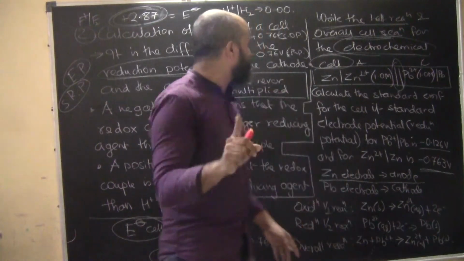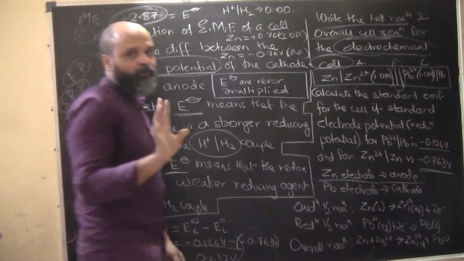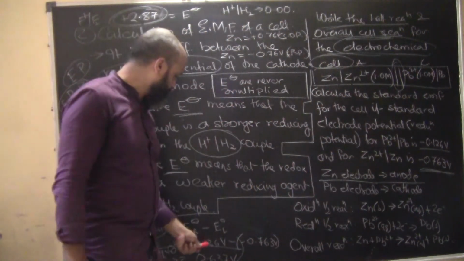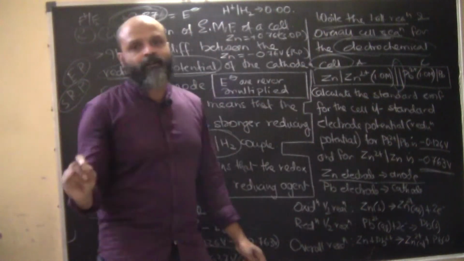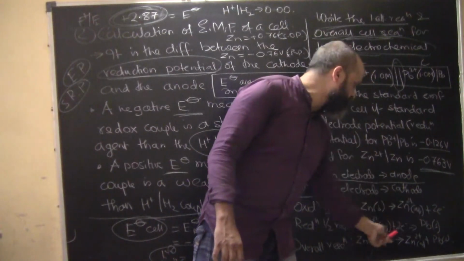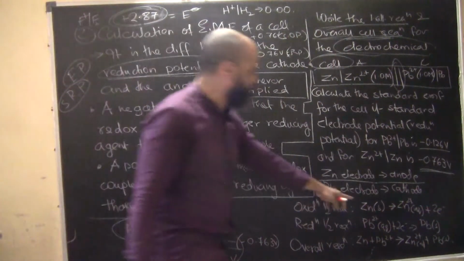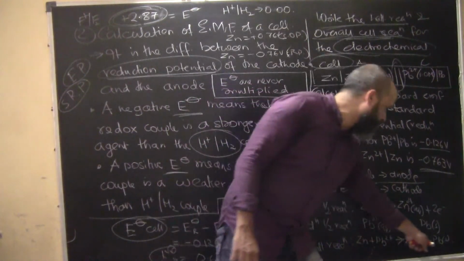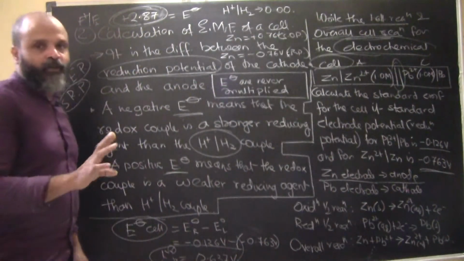However, you have to keep in mind that electrode potentials are never multiplied. You are not going to multiply the electrode potentials by 2 or 1 or whatever. To balance the equation, you can multiply. What is necessary is that these 2 electrons and these 2 electrons cancel out each other when you add them, and this is the overall reaction. But when you are calculating the EMF, you are not going to multiply.